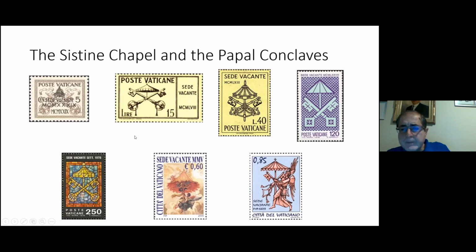The other function that the Sistine Chapel has, beside, of course, quite a few religious ceremonies which take place in there, is baptism. On the 10th of January this year, the Pope should have baptized quite a few newborn babies in the Sistine Chapel. Because of the COVID, that did not happen, but it's happened all the years before, and quite surely in 22,